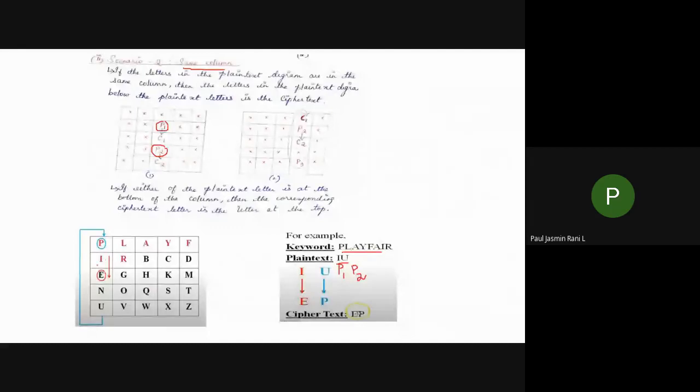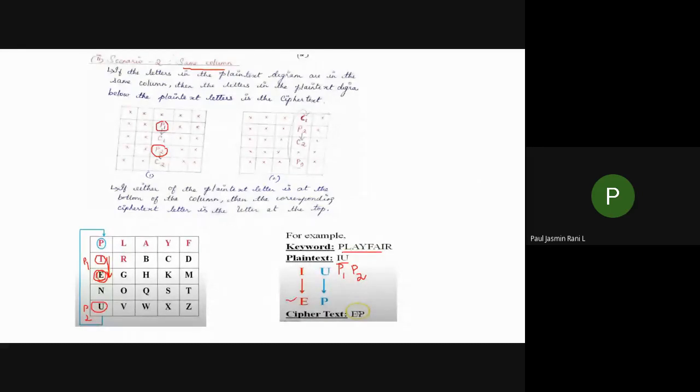So this is your I, isn't it? This is your plain text P1. And where is your U? This is your U. So this is your plain text P2. Can you see this one? For this P1, which one will be your ciphertext C1, the immediate one? This is a column, isn't it? So you have to look column-wise. Column-wise, E should be considered. So the immediate next letter in the column is E. So you have to consider this E.